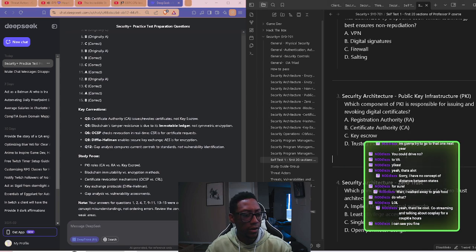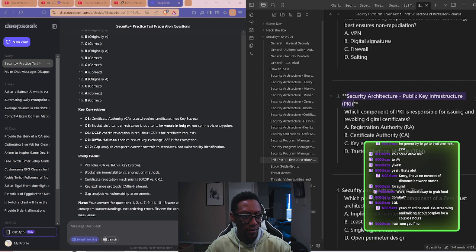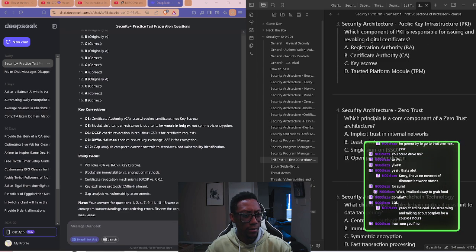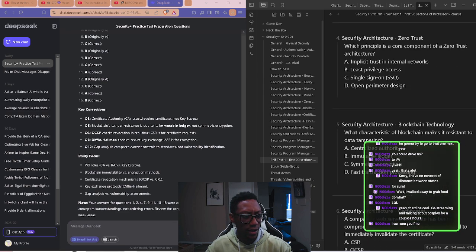Duh. Okay, that makes sense. Okay, so number 3. Number 5, blockchain is immutable from data tampering, saying it's immutable due to its immutable ledger. Okay, so again, I do challenge that one then. Number 6.